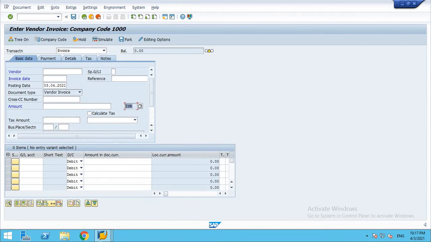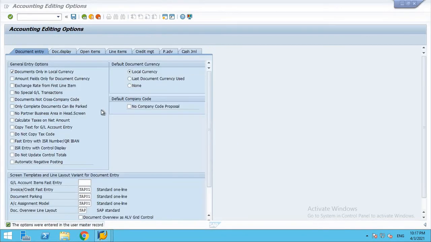That means I cannot change it, and it will allow posting only in local currency. Like that, we can go through each option, each checkbox. Every checkbox contains one setting for our document entry.